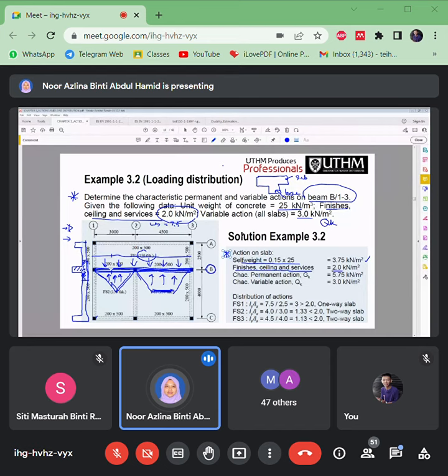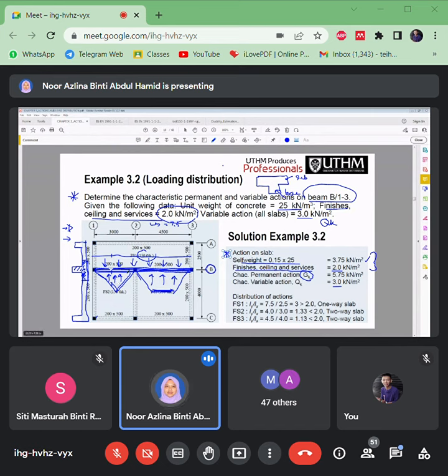It already gave here 2. Okay, and then total up this one. So 5.75 for the value of GK, and QK is a 3 here. Okay, this load is applied all around for the whole area here. But we need to distribute, because we have a one-way distribution, we also have two-way here,